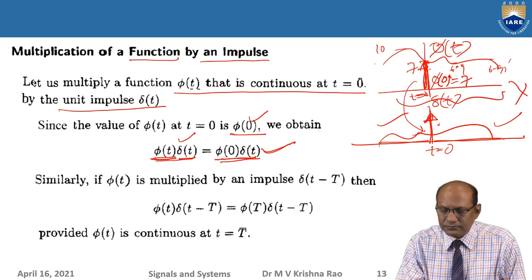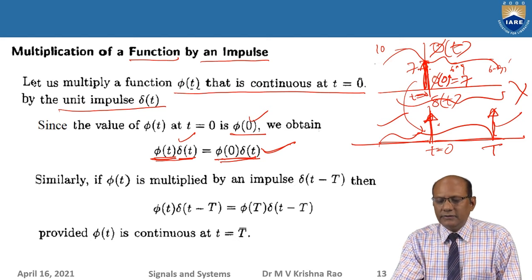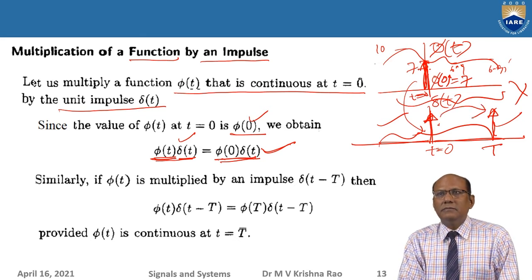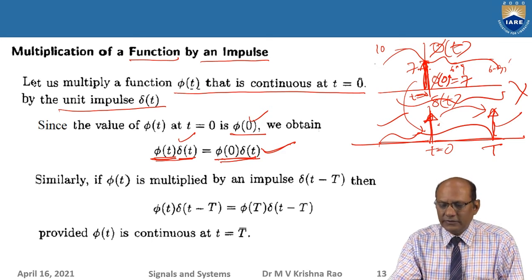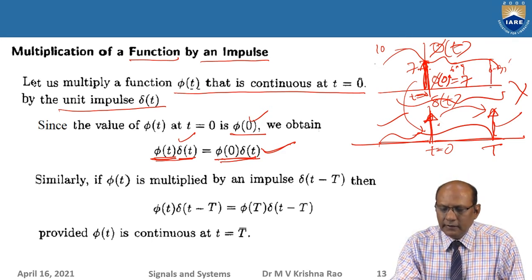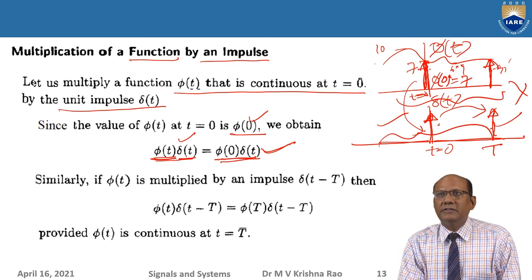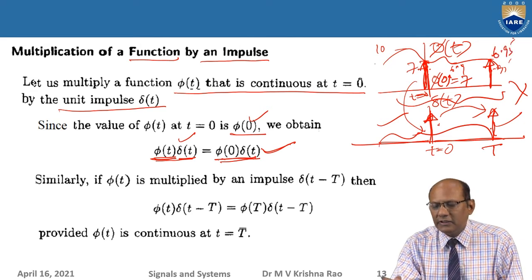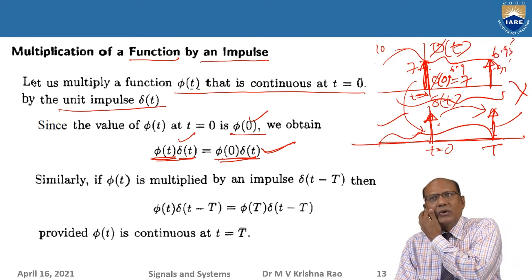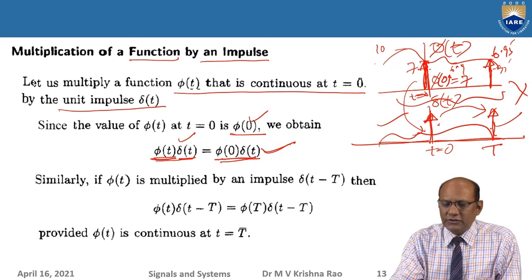Now let us say this delta is shifted to this. Let us say this is t. This delta is shifted, delayed by t time units. What happens? Now when you multiply, this function value is captured by this. This is the one value I will get. What is this value? 6.95 something like that is there. It is shown like that numerically. So this is the value I will get.